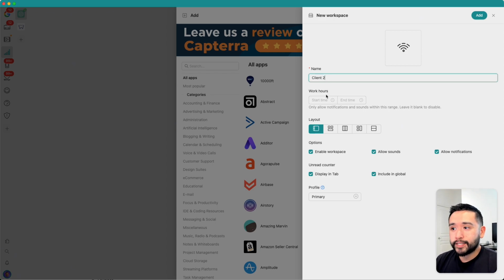And what's cool is that you can set work hours for this workspace, which will only allow notifications and sounds within the working hours, or you could leave it blank to disable. So this is a great feature that allows you to focus from the time you start work on a project until the end of the day. And that way you aren't necessarily bothered by other apps or other websites that might have notifications happening in the